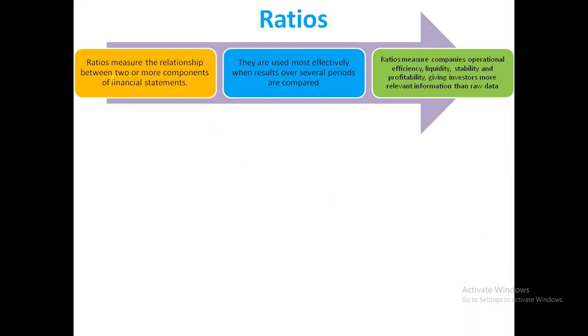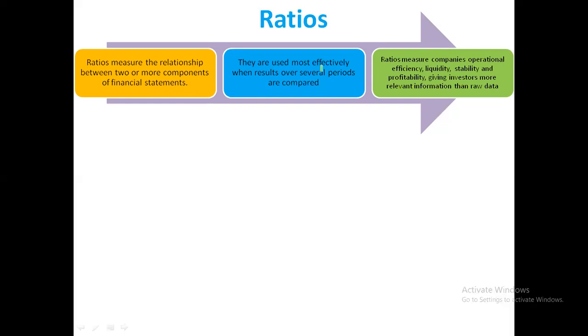If you want to compare A and B, ratio is the important parameter where you can have a direct comparison or relationship. How exactly A is performing, how exactly B is performing, how A is performing worse or badly, everything can be measured across more than one component. That's where we use ratios. Ratios are a very good parameter especially where financial statements are used.